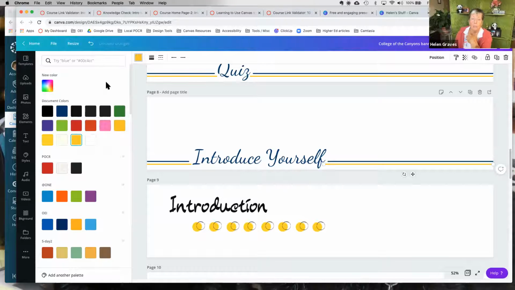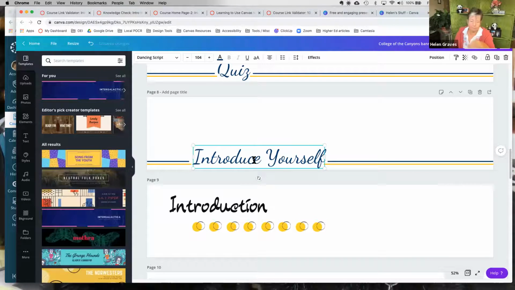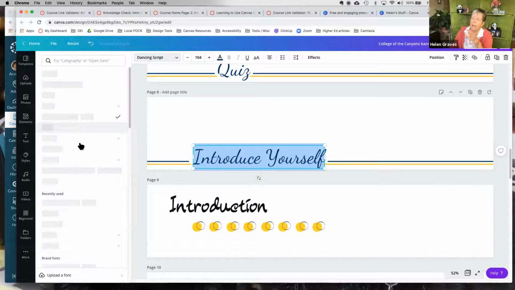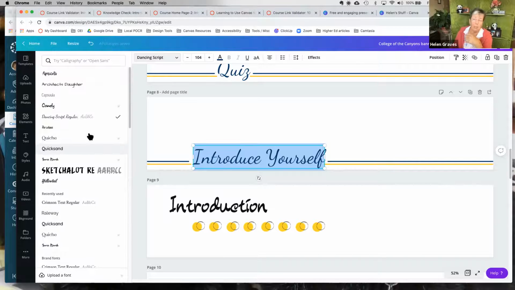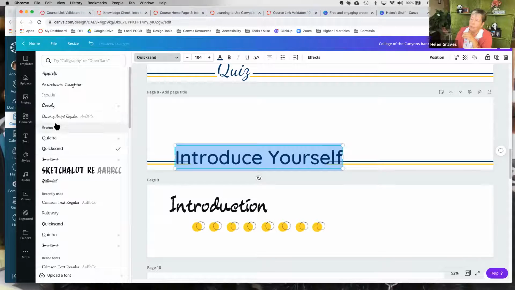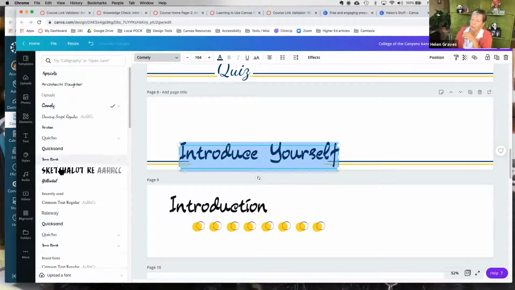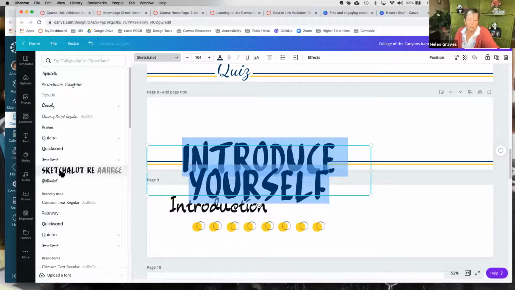So you've really got a lot of versatility, and the same with fonts. I can come up here to the font drop down and choose all kinds of pre-populated fonts. I don't know if you can do this with the free account, so I apologize, but in the paid account that I have, I can upload a particular font if it's not already in the library. So I can be very particular about what I'm able to use, but they have a ton of stuff in there that you can use quite easily. I can change it to whatever I want and play around and just see.